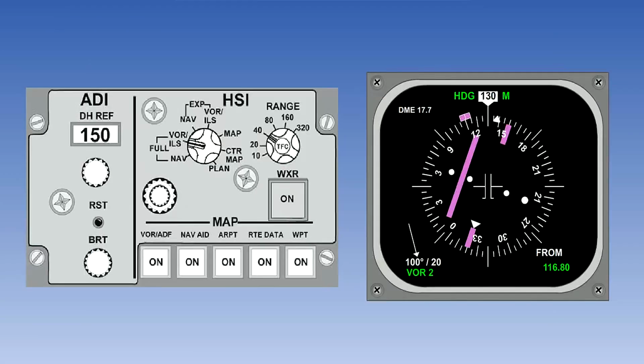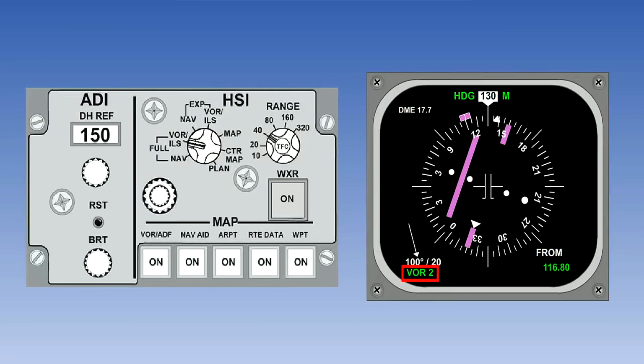Let's start by looking at the full VOR mode. So let's select VOR with the control knob. Firstly, we can see that in this mode a full compass rose is displayed on the EHSI screen. In addition, other flight information is displayed and we will work our way around the display in a clockwise direction looking at the information provided. Starting in the lower right-hand corner, the chosen VOR frequency is displayed, along with a VOR2 from a non-selected source, just above.